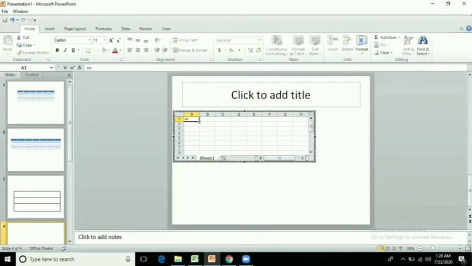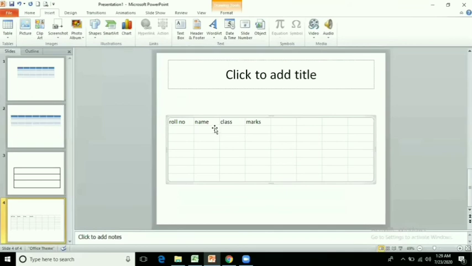So whatever you will fill here in this Excel worksheet, clicking on it, you will see one table is generated here. Whatever I have written in that Excel spreadsheet, that is displaying here.